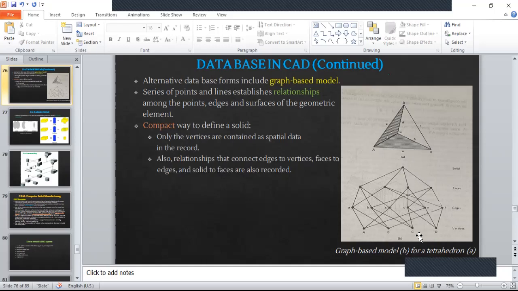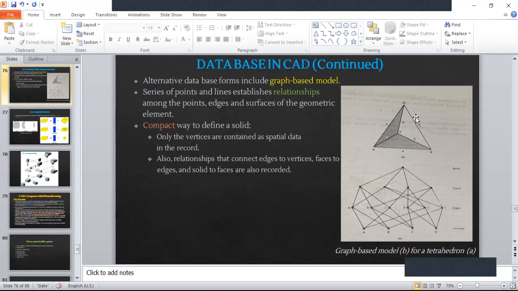So how that data is kept: this one solid has four faces, and each face has some edges and vertices. So we are taking vertices, four vertices, 1, 2, 3, and 4, A, B, C, and D.